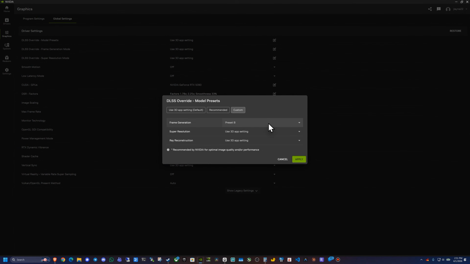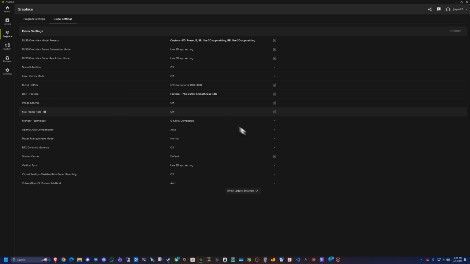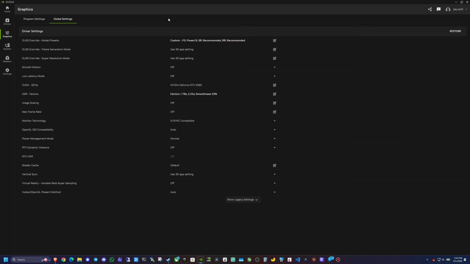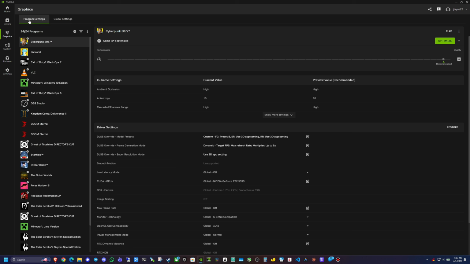So again, that's still only going to allow 4000 series to go up to 2x, but it's supposedly a much smoother frame generation model. And that one I think I'm just going to set globally, because I think that makes sense across the board. And then in terms of doing the multi-frame generation, I'm going to set that per app. All right, and then back in the program settings tab here,